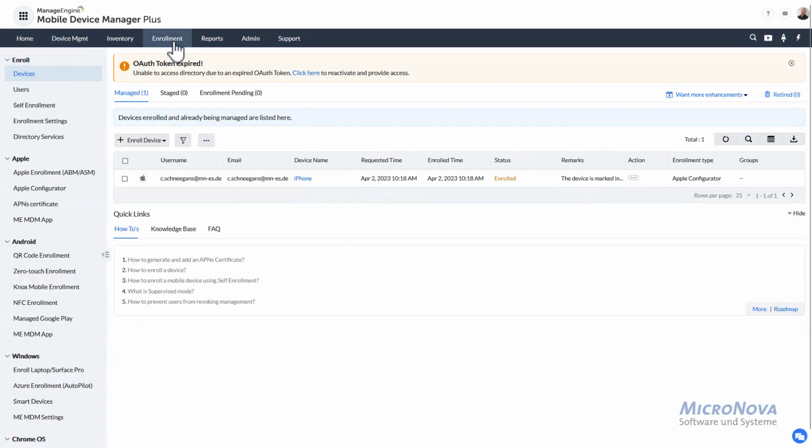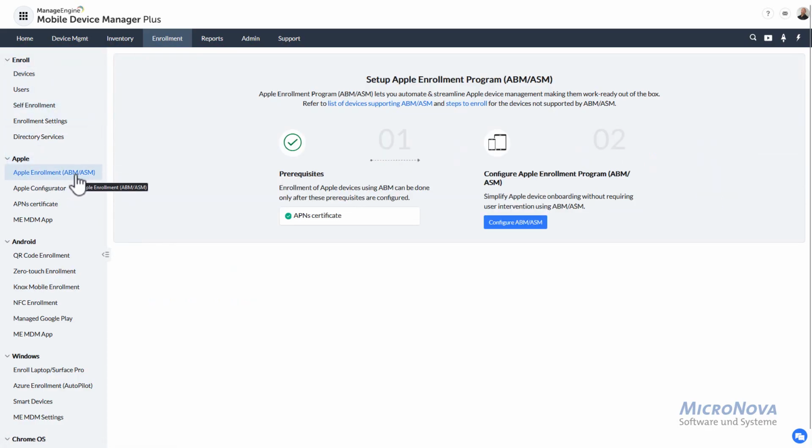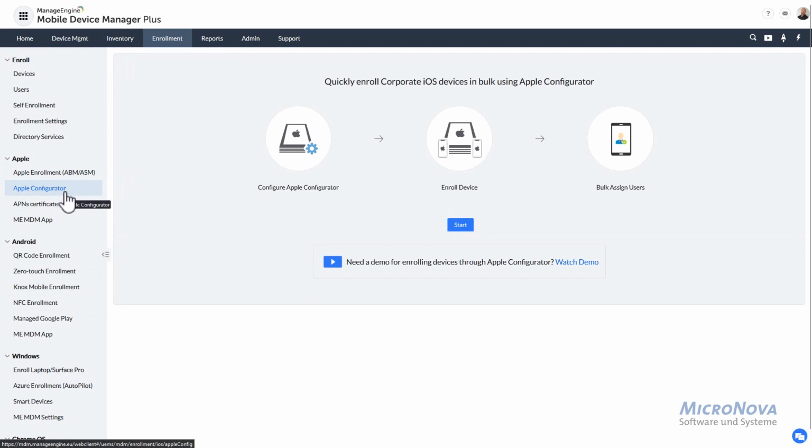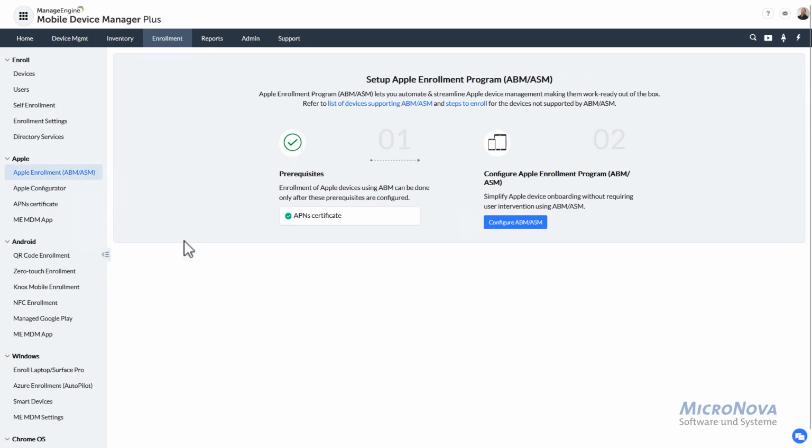Right, let's go further on with the enrollment. What can I enroll at all? There is the Apple enrollment with the integration of Apple Business Manager for supervised devices. And there is, of course, the Configurator 2 app, where you can bring your own devices into the Apple Business Manager portal. There is, for the Android section, for the